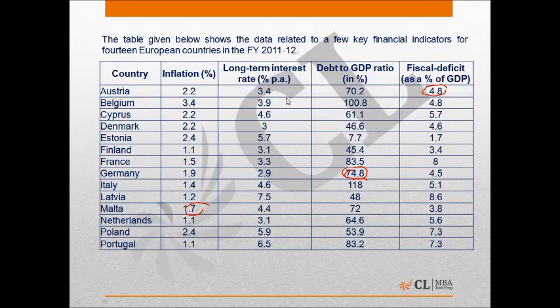The countries that satisfy the condition of long-term interest rate are Belgium, Austria, Denmark, Finland, France, Germany, and Netherlands. The countries that satisfy the condition related to debt to GDP ratio are Denmark, Estonia, Finland, Latvia, Poland, and